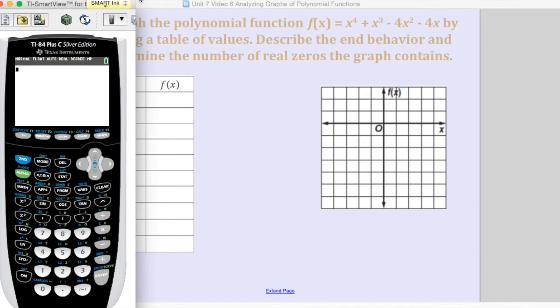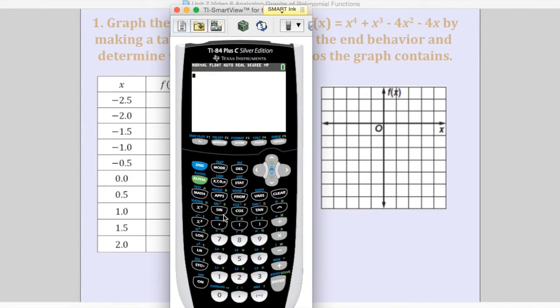So I am looking at this and I am plugging in negative 2.5. So I would have to do parentheses, negative 2.5, and parentheses to the 4th, minus parentheses, negative 2.5 and parentheses to the 3rd, minus 4 parentheses negative 2.5 to the 2nd, and then minus 4 times x, which is our negative 2.5. Okay, and we would get that our answer,